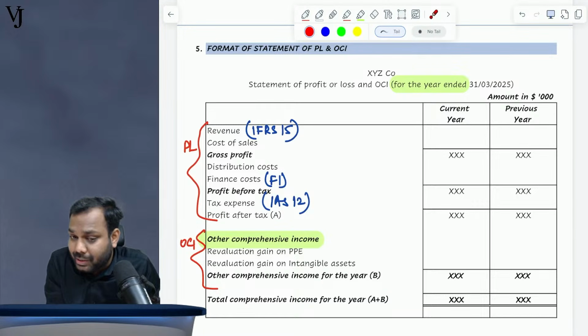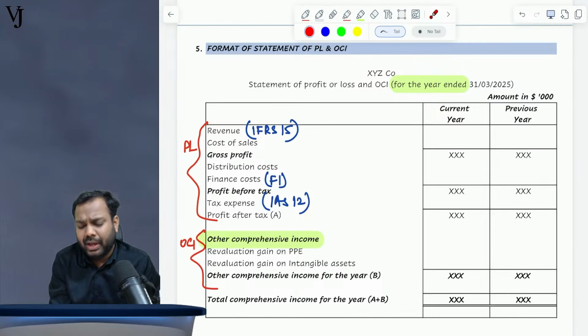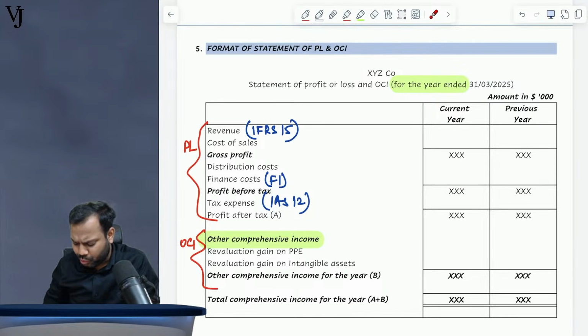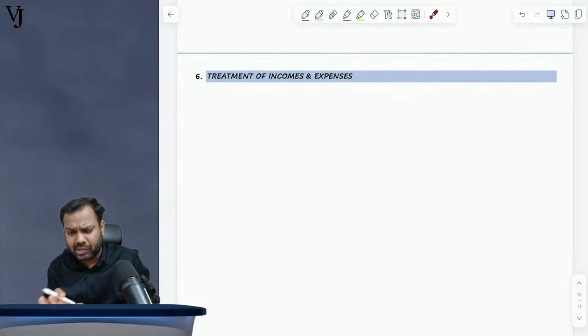No, there are other items also, Pramod, but I don't want to give you a list right now, because if I give you a list right now, you will get confused. Revaluation gain I wrote because you are familiar with this term, so I just wrote the term. Still, if you want me to, I'll give you the basic terms.